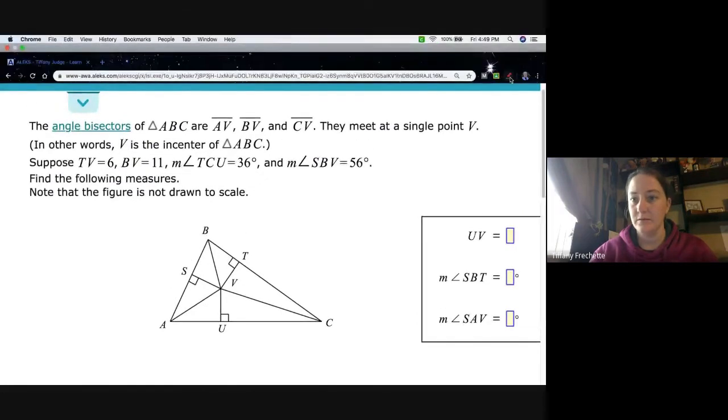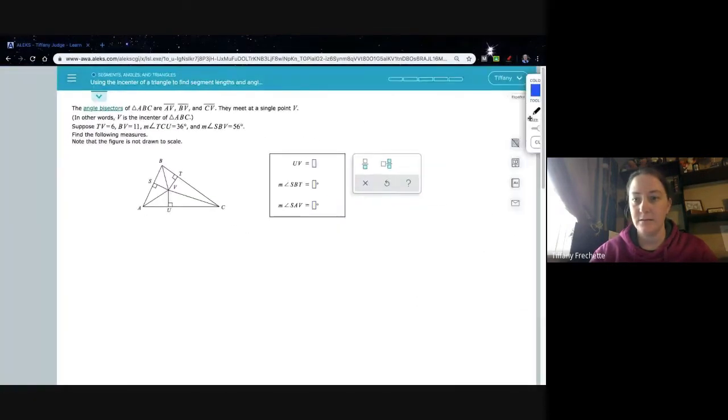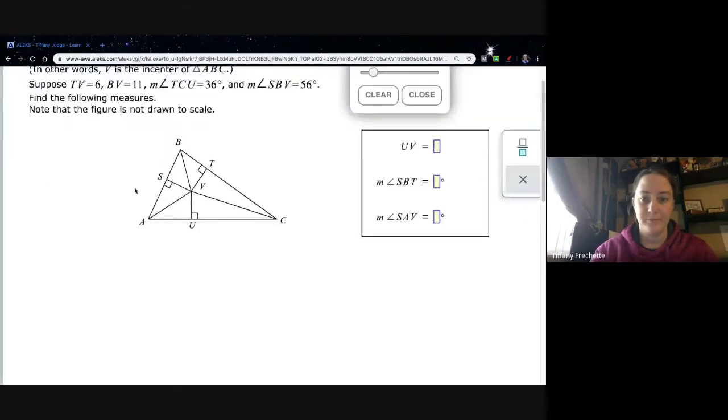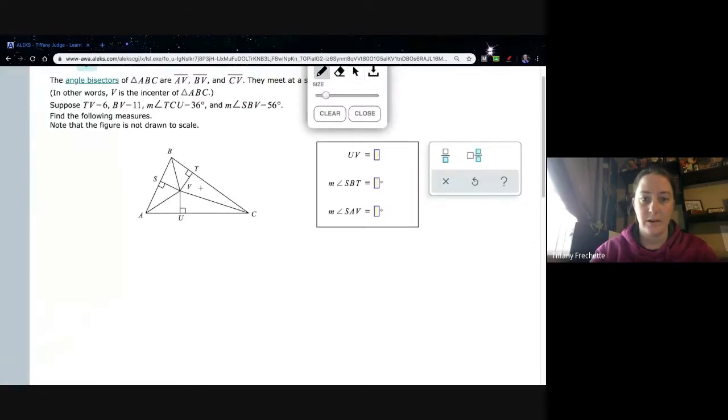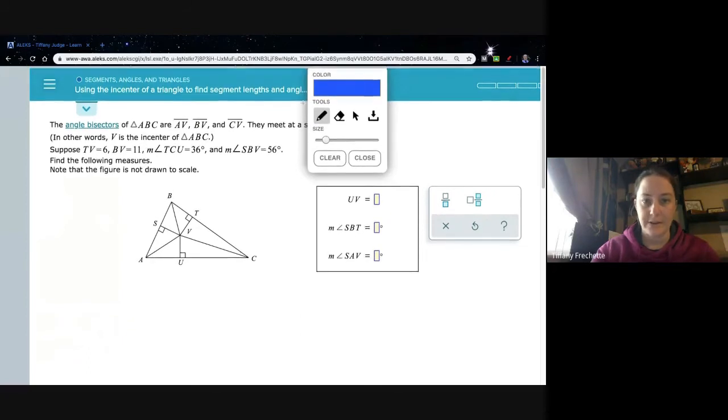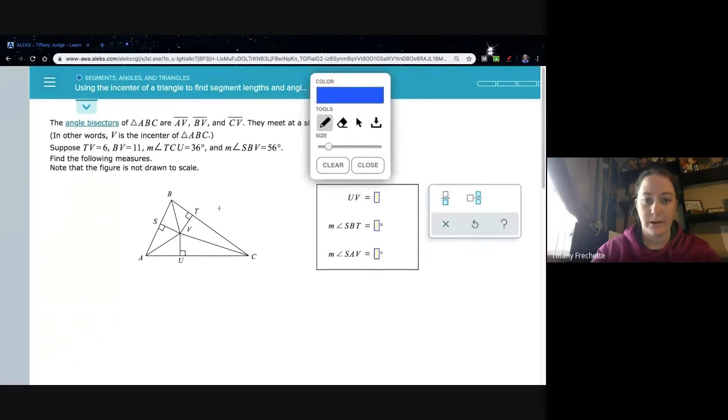Okay, so this will make it a little easier to write, just because that way I can actually write 6 right here. It's not super huge. 11 for BV, and then